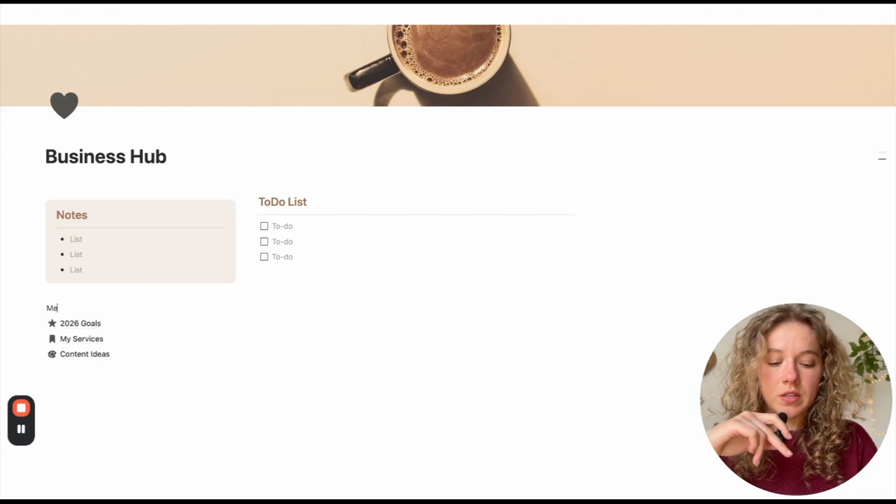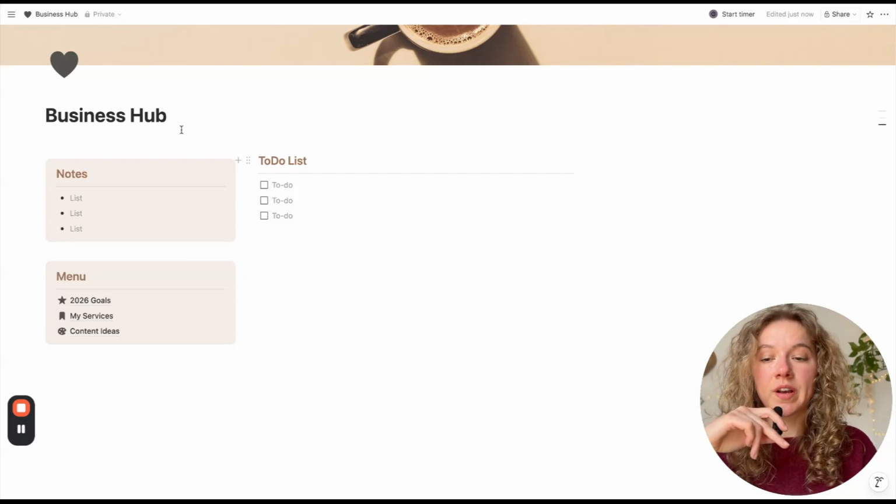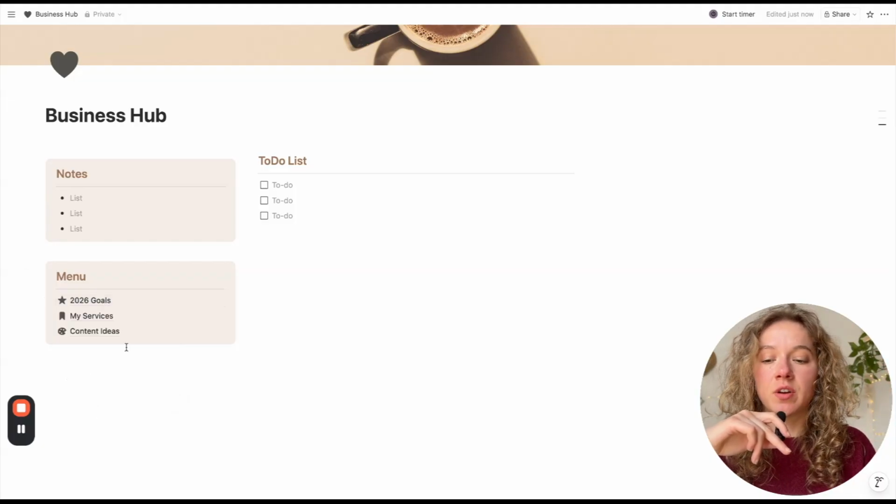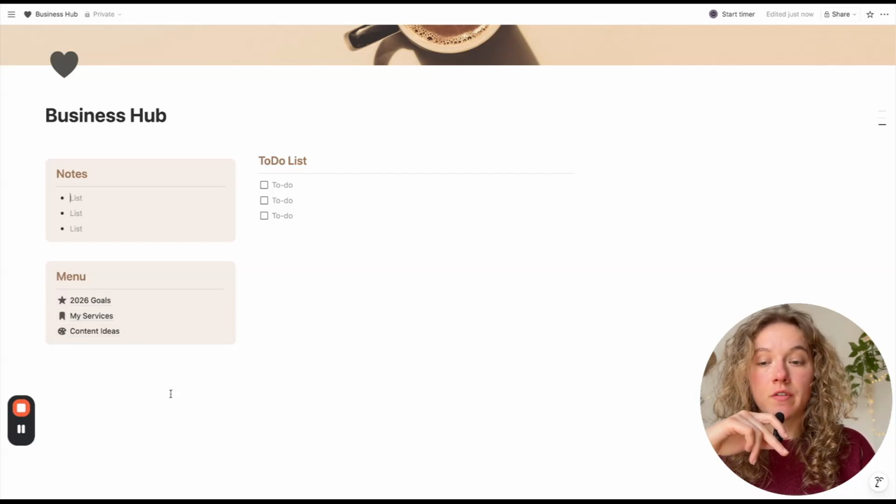And then we're going to call this menu. All right, so now we have a quick section for our quick notes, and then we have the different pages to go in there and start brainstorming everything that we have related to that section. And I just wrote goals, my services, and content ideas just to give you a few,